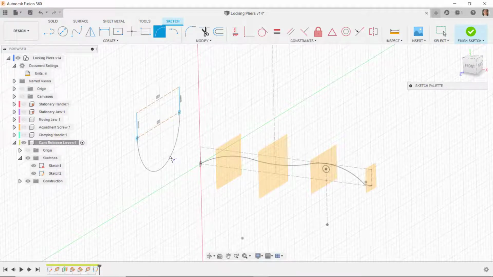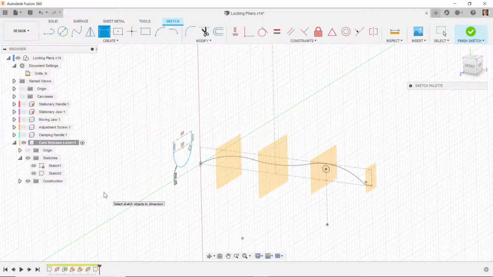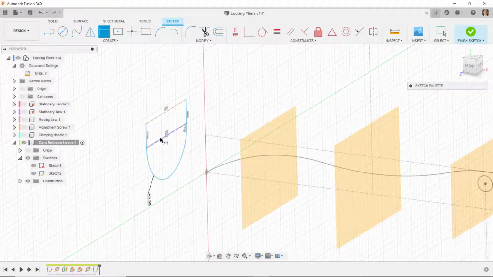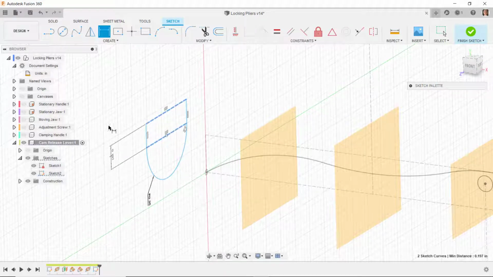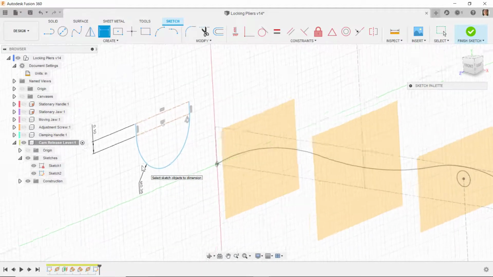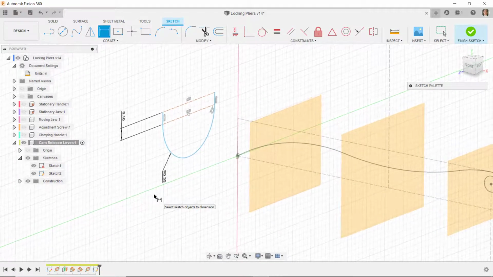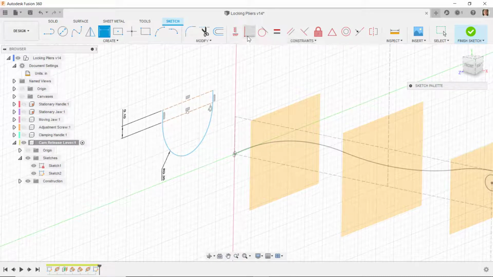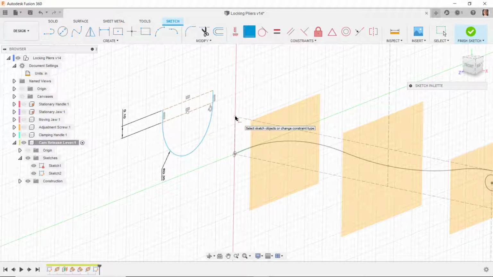I'll make it tangent to those lines, and then I'll dimension the radius of this arc as 0.35, and I'm going to dimension the distance from here to here as 0.1, and then I'm going to put coincident between this point right here, and I want to get the midpoint of that, so I'll do shift, select the midpoint